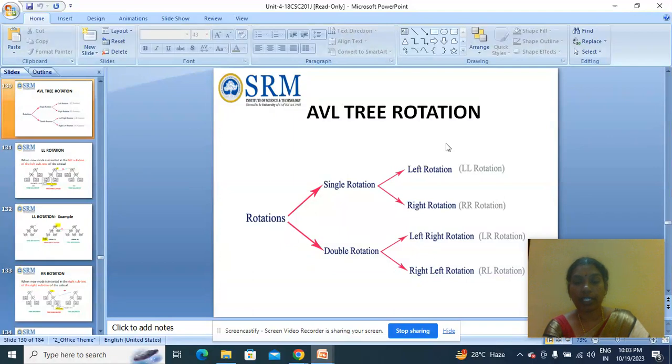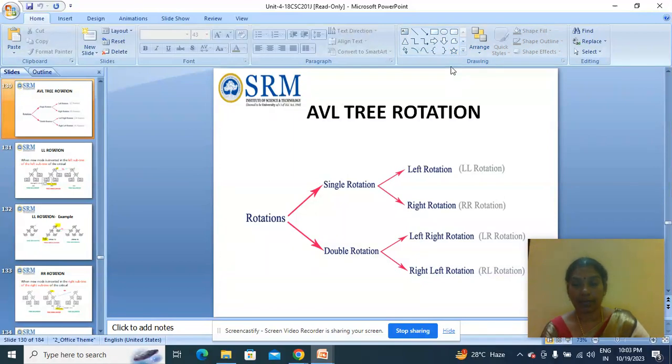And the two double rotation cases are the left subtree of right child case, the LR case, and the right subtree of left child case, that is the RL case. Here LR means first an RR rotation followed by an LL rotation, two consecutive single rotations. Likewise, for the RL case, an LL single rotation followed by an RR single rotation, two consecutive rotations. That's why it is called double rotation. We have discussed in detail how to perform single and double rotations with examples. So now we are going to discuss